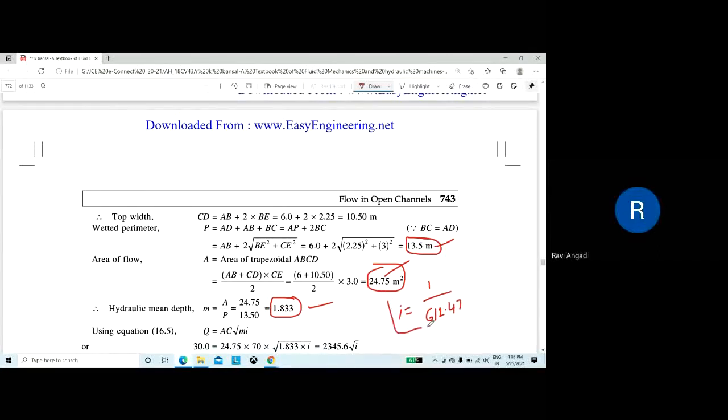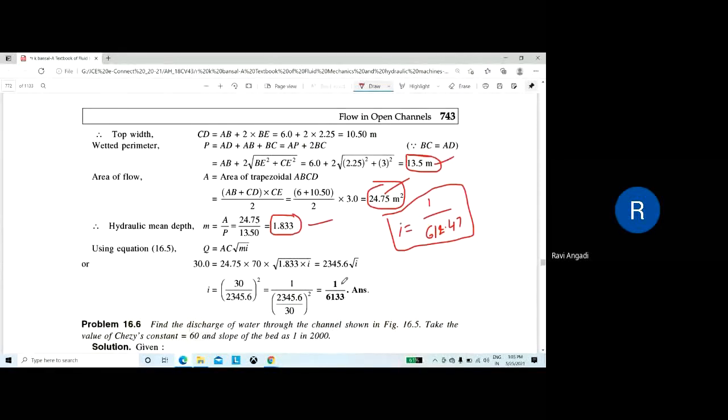Okay. Check this answer, all of you. No, the answer is this one. Just check this. Who told this answer? Can you tell your name? Shruti, sir. Just check, Shruti, this answer. Okay, this is wrong. Check it once. You should get this one, 1 in 6133. Check the answer. The answer is in front of you. Just cross verify whether you get it or not.